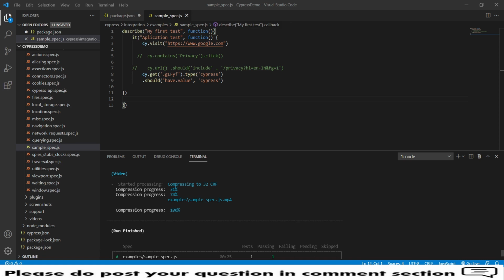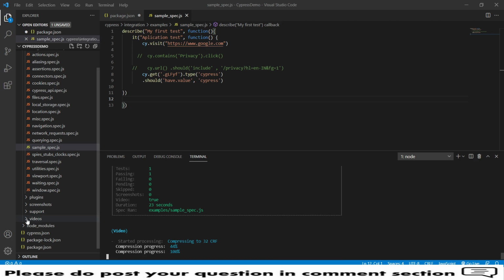All this will be provided in our console, and later you can find the video of the entire results. Currently I have manually terminated my browser, so it is compressing the progress. It will create a video and store it in a folder called videos, which is under my Cypress folder. This is how it will maintain all our videos here. So do watch these videos as well whenever you run all the test cases.